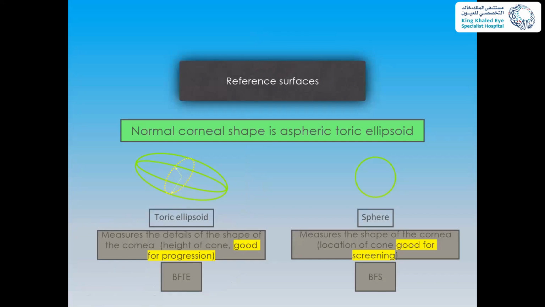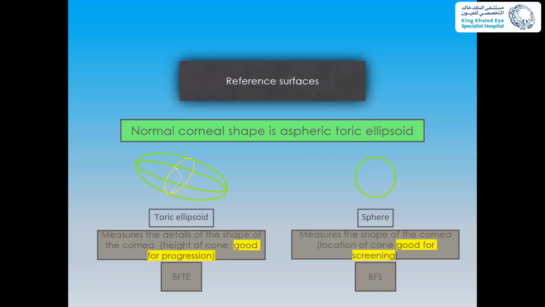So we talk about the reference surfaces. I mean, we talk about what is a best fit sphere or what is a best fit toric ellipsoid. So sphere, we all know it is a sphere, okay? What is toric ellipsoid? Toric ellipsoid resembles the eye. The eye is ellipsoid, which means it's not round. Horizontally, the eye has more white to white compared to vertical. So it is ellipsoid. And because there is upper lid, lower lid, it is toric